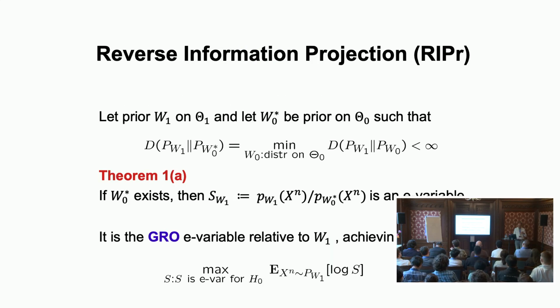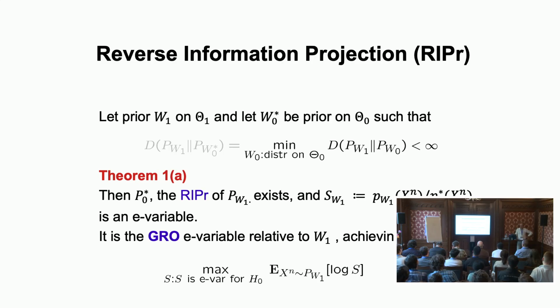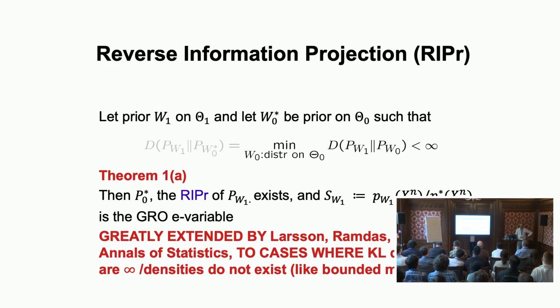So the theorem says this is the e-variable I get if I take the special prior. It's among all e-variables the best one in this expected logarithm sense. On the alternative, the logarithm grows as fast as possible, and that means that the exponential growth is as fast as possible. This was our claim to fame, but interestingly, it has last year been extended enormously in a paper by Martin Larsen, who's a real mathematician, different from me. He knows everything about measure theory and things like that. And so they show that this basically works without any conditions.